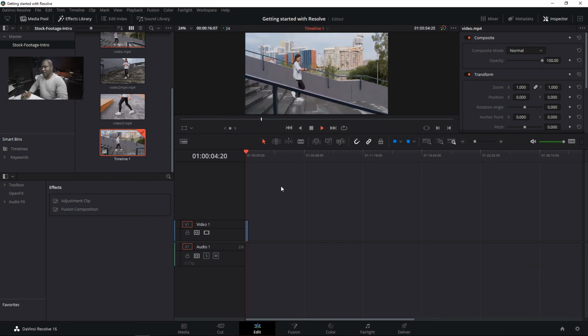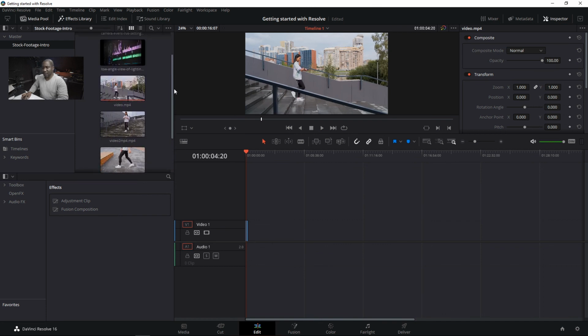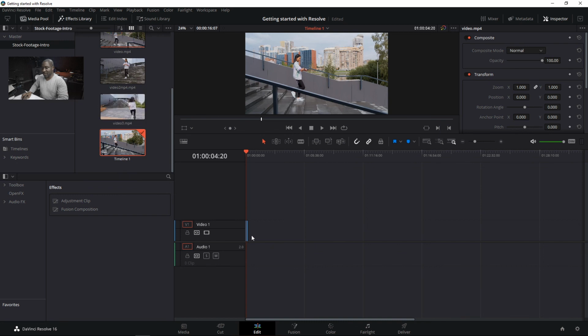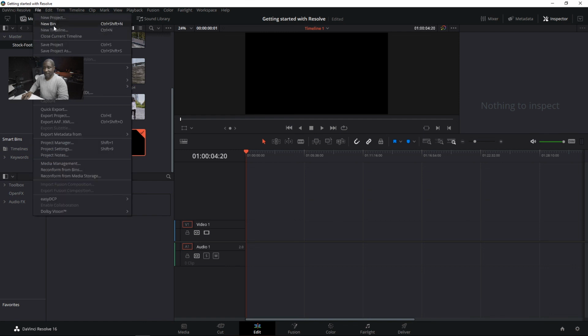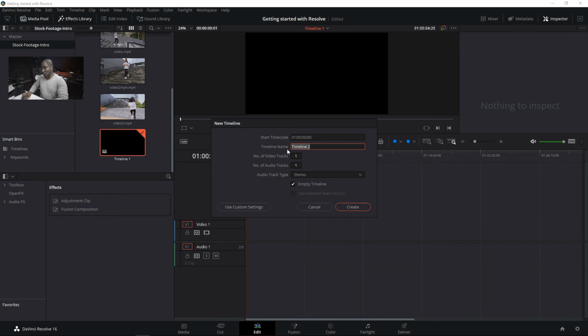But now, what if you don't want to bring in the whole clip, and you just want to bring in a little bit at a time? So you can delete that clip, or you can also do File, New Timeline, and create a timeline that way. And when you do it this way, you can create and name that timeline. Let's just call this timeline 1, just to be